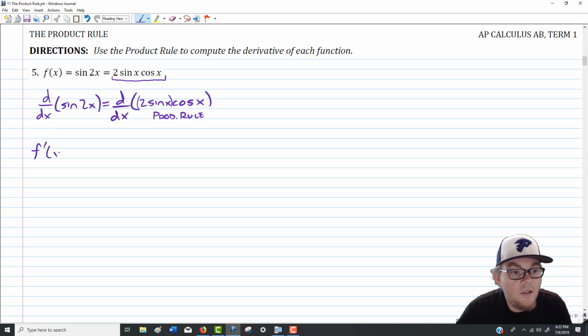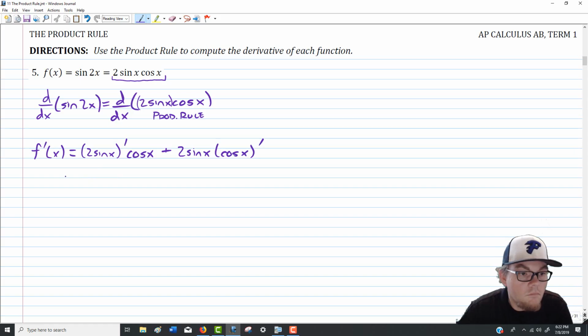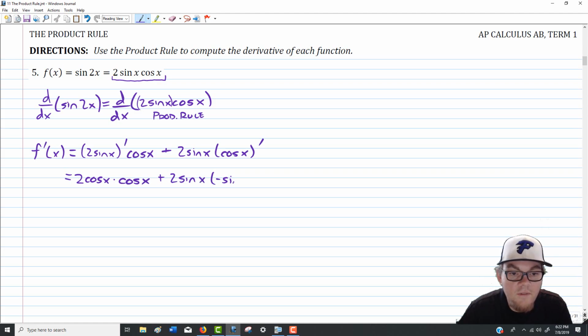And that means that for our particular problem, f prime of x is going to be the derivative of 2 sine of x times cosine of x plus 2 sine of x times the derivative of cosine of x. Simplifying these pieces, we get 2 cosine of x, but times the cosine of x from the original function, and then plus 2 sine of x times negative sine of x. And combining like terms and cleaning things up a little bit, we get 2 cosine squared of x minus 2